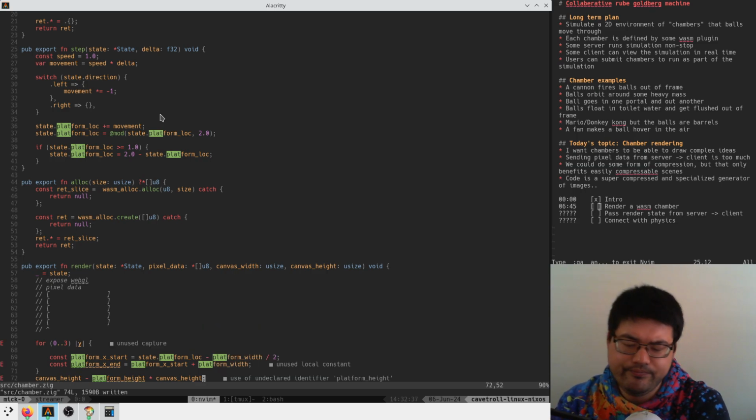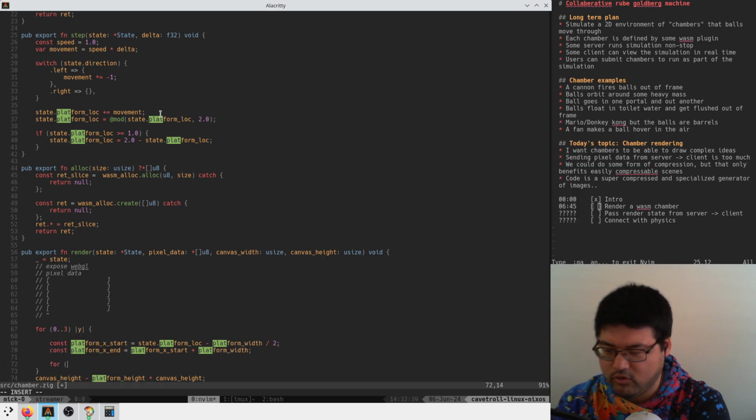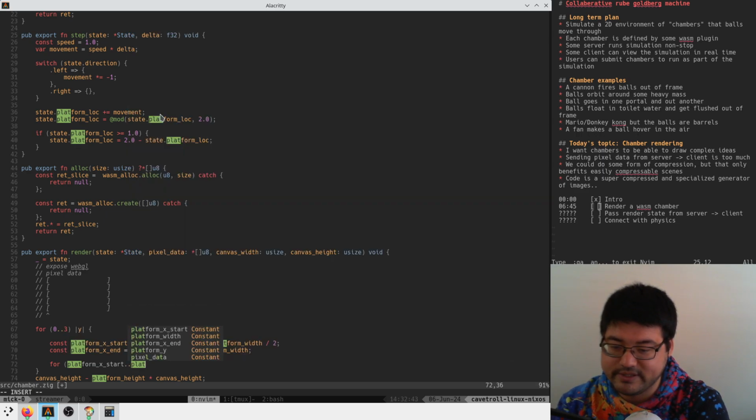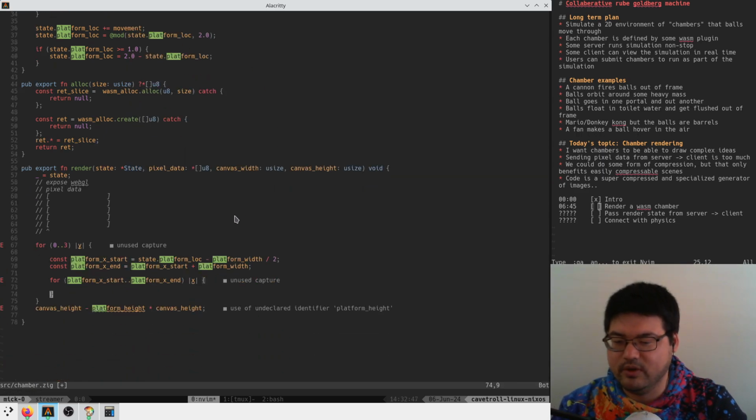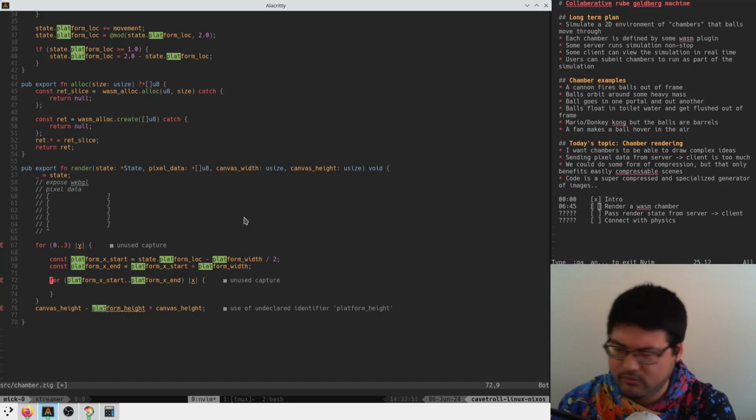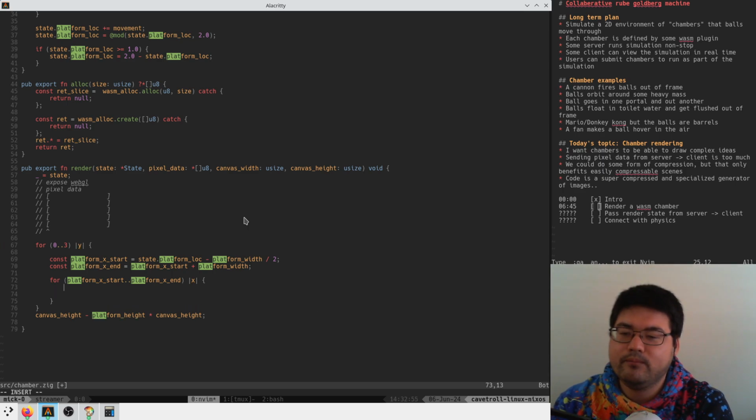Boom, easy. And then we iterate from platform X start to platform X end. We get the X position, and then we have an XY. And so now we can convert that into a pixel data pointer offset. So we can say Y times